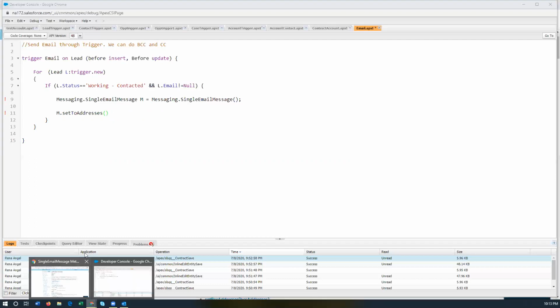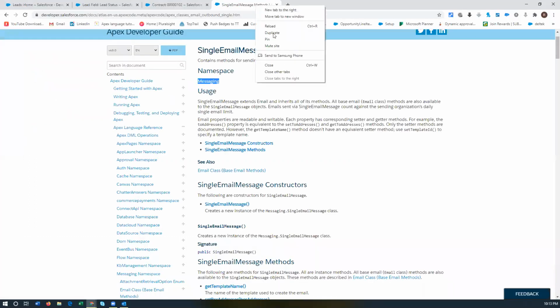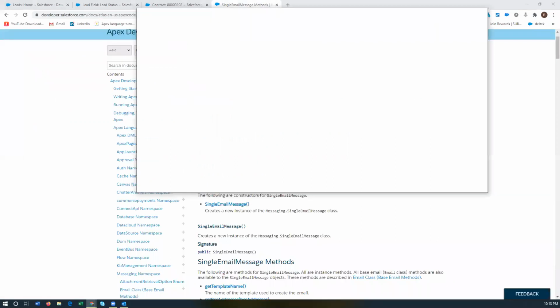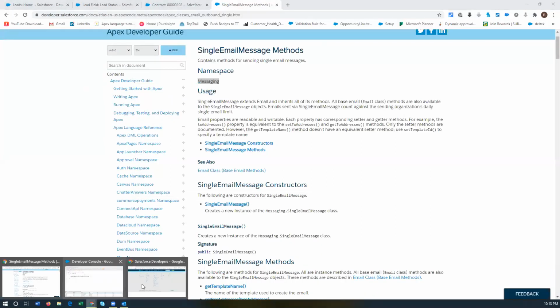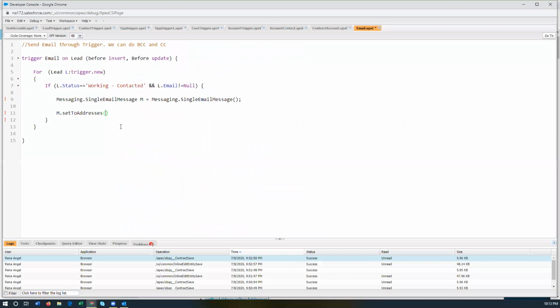Now write new. New. No, go to the console. Yeah, new, and space, inside the bracket. Then write string. New string. Okay, then